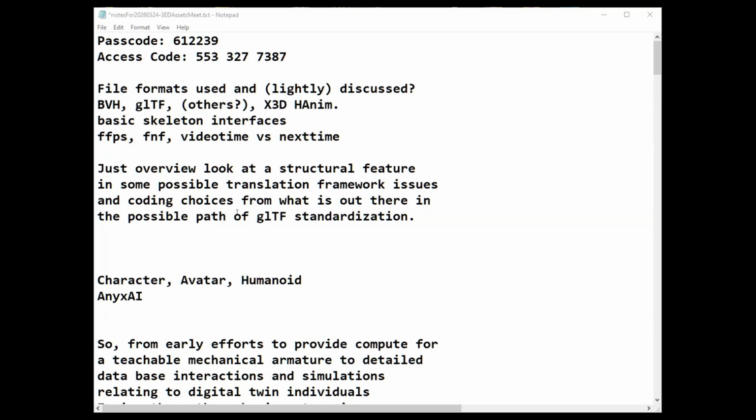And so I want to just look at the structural features and these possible translations. This is couching the idea of the translation framework and coding choices and possible standardization. Now, in my mind, I see characters, I see avatars, I see humanoids. To me, the avatar is basic, the character is extended from that.